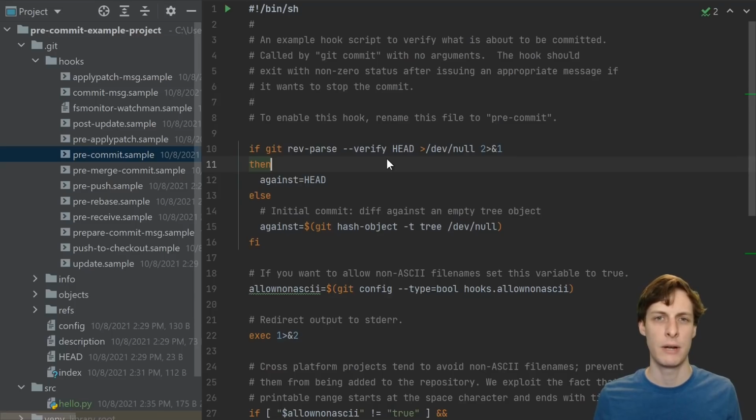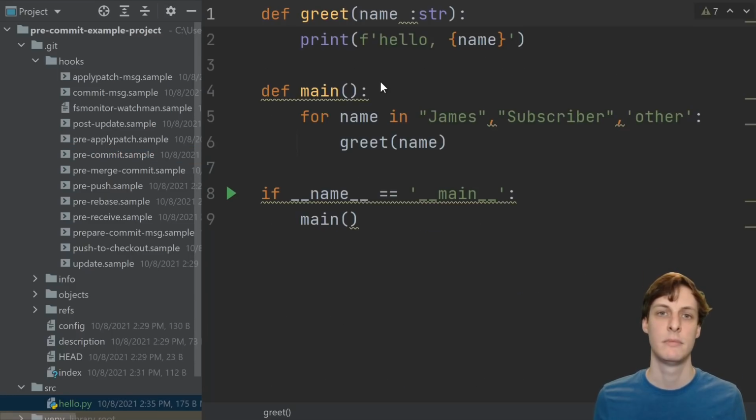But you don't need to go out and waste your time writing something like this yourself. A lot of really good scripts have already been written. The Precommit project just makes it really easy to pick and choose things that you want to check for your own code base. Let's start simple.